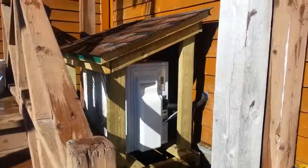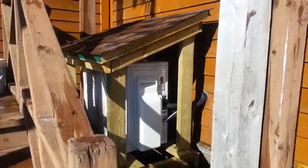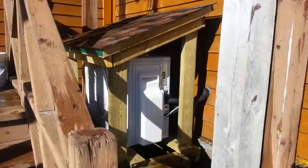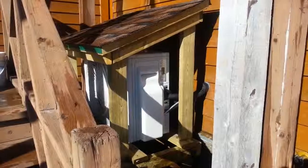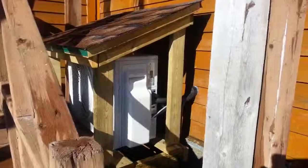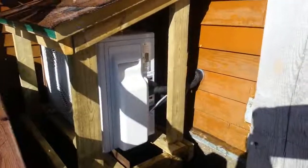And right here in this corner, it's what we call in the lee, so the sun hits it during the daytime when the sun's out, and so it makes it a little bit better for the heat transfer, I believe. And as you can see in the corner there, I've got the pipes so that they go right directly